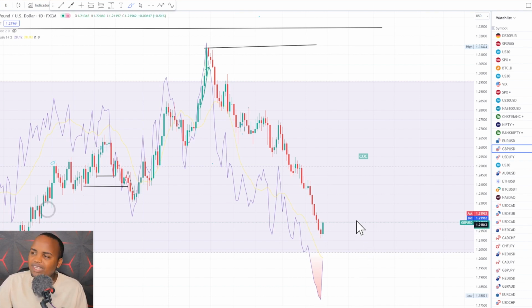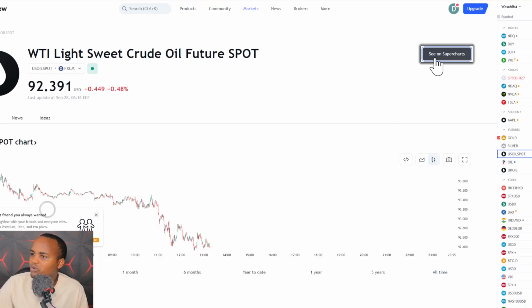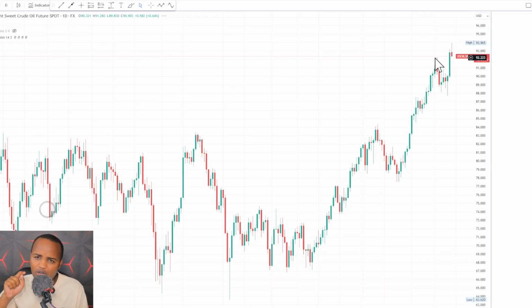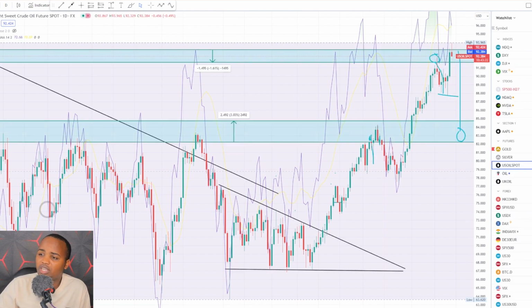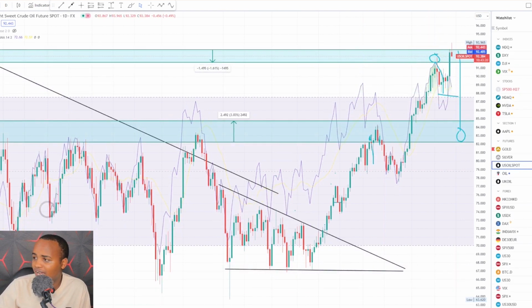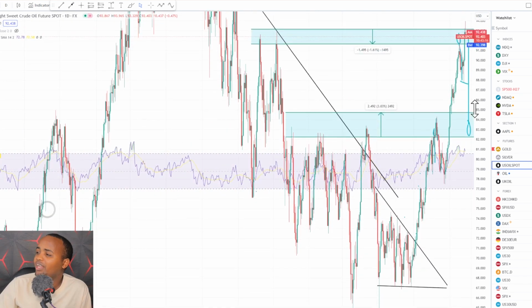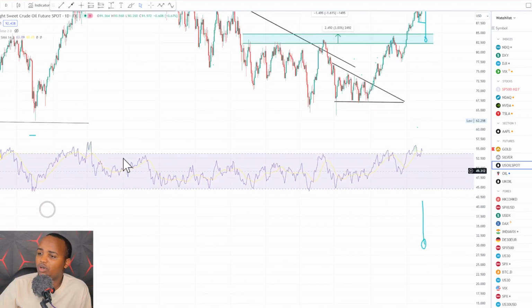One of the things, apart from what we have been discussing here, this is the US oil that we are talking about over here. That is the zone that you have to be entering. But there's another trick that will help you make more money, apart from just watching the candlesticks being formed over here and the RSI that you'll have here. Now, the last thing that you will do is create a region where you are going to have